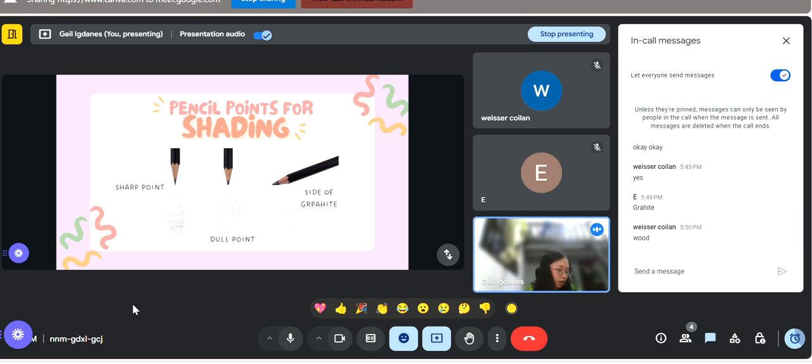For example, this is a pencil. When you use a sharp point, of course, you should use it vertically, something like that. Same with the dull point, because you need this part.